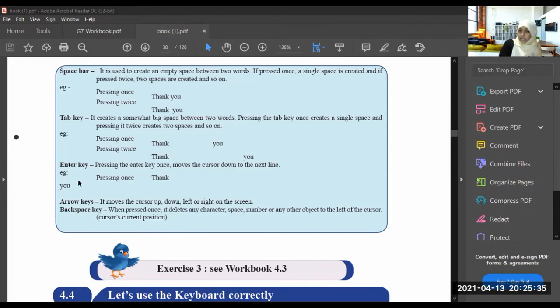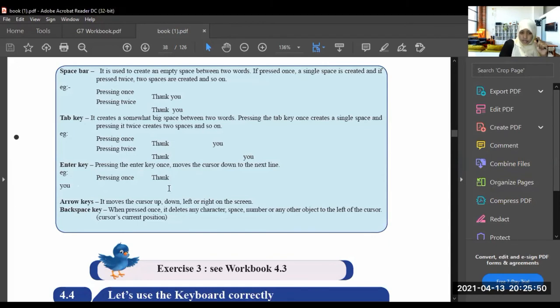Enter key. You know, when you use the enter key, it moves to the next line. Pressing the enter key once moves the cursor. What is the cursor? This is the cursor. Can you see something blinking here? That is the cursor.